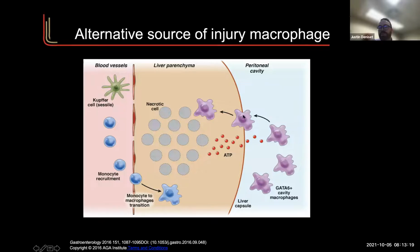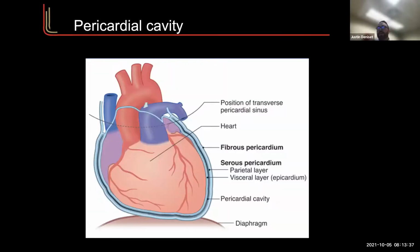And what you showed is that these macrophages actually can enter from the peritoneal cavity that surrounds the liver and can actually enter in the liver injury, and plays a key role there. So if you get rid of them, the liver has delayed healing, and so they're integral for this process. So I started to think that, well, the heart is also surrounded by a serosal cavity known as the pericardial cavity, which has long been sort of known or associated with more mechanical support as well as lubricating